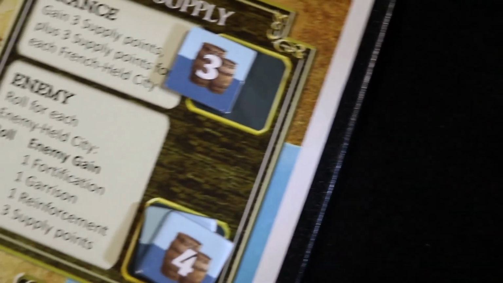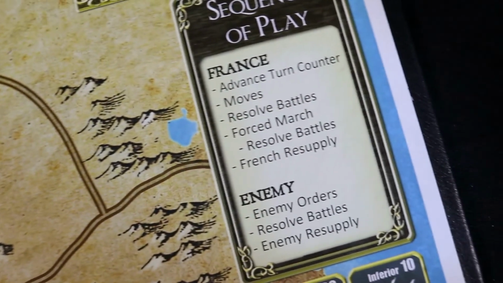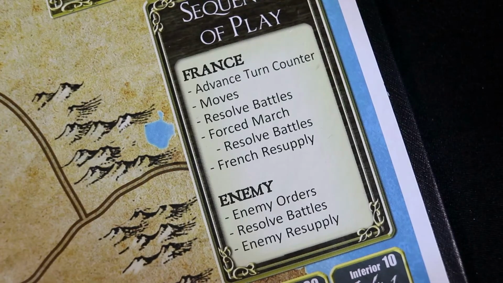The enemy resupply chart offers instructions for how many new forces and supply points the enemy receives. This includes fortification, garrison, reinforcement, and supply. After the resupply rolls are completed, the enemy will refit to reduce forces on the map. Now you have completed a campaign turn, so you return to the start of the sequence of play and start